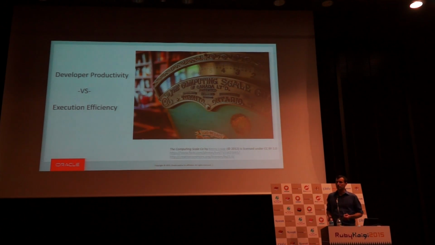Fast in Ruby is a very contentious term. I've been doing Ruby since about 2008. I'm sure many of you have been doing it longer. But the number of times I've seen this battle waged between developer productivity and execution efficiency is mind-boggling. And I don't know if this is a case of a vocal minority that wants to somehow pit these as two opposites of each other, but they needn't be.